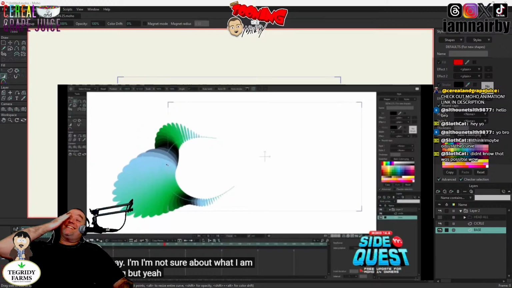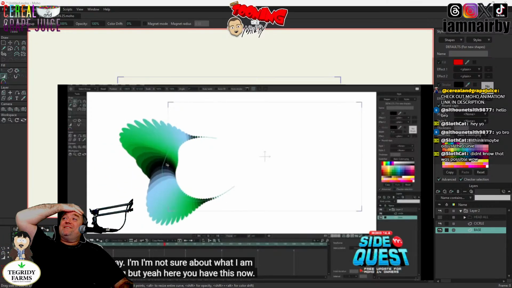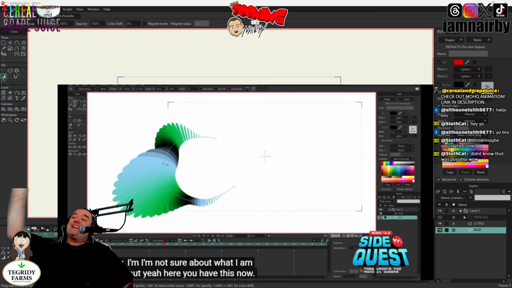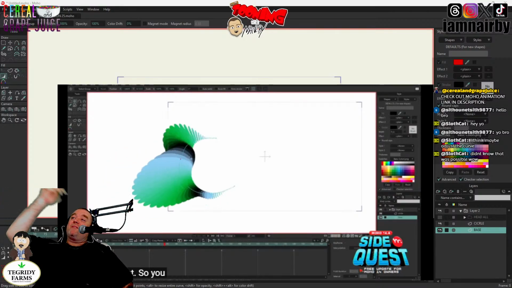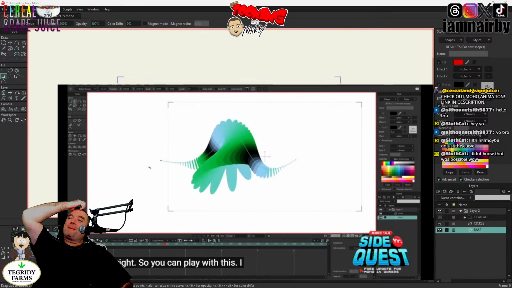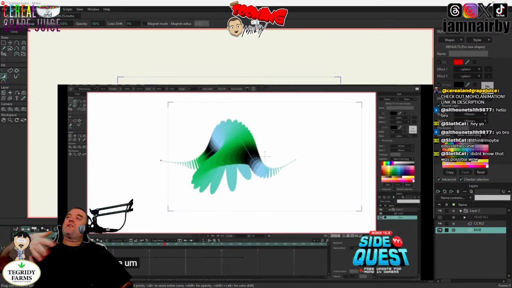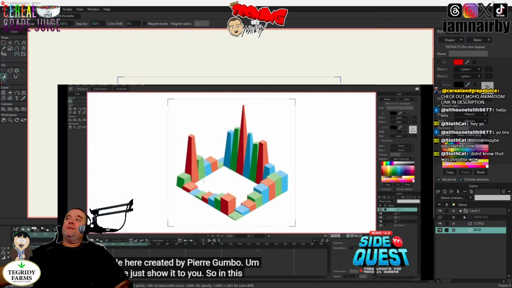Here I have this file created by Pierre Gombeau. Let me just show it to you. This is great, well done, Pierre. It's like a silicone ship, and as part of the light on it, you can play with this. The light is going across the front. In this case he's using